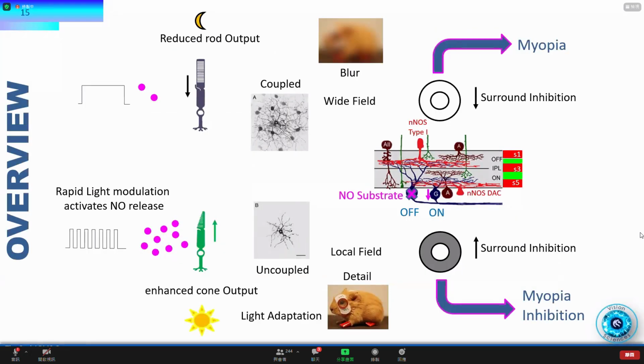So in overview, we know that rapid light modulation activates nitric oxide release and changes the retina from one which is rod dominant to one which is more photopic and cone dominant, and enhances cone output. It also aids in light adaptation by changing the retina from a coupled state to an uncoupled state. This means that the retina, which has widely coupled networks, is more able to be affected by low spatial frequencies and more blurred stimulus, whereas an uncoupled retina is more sensitive to detailed and local field information within the